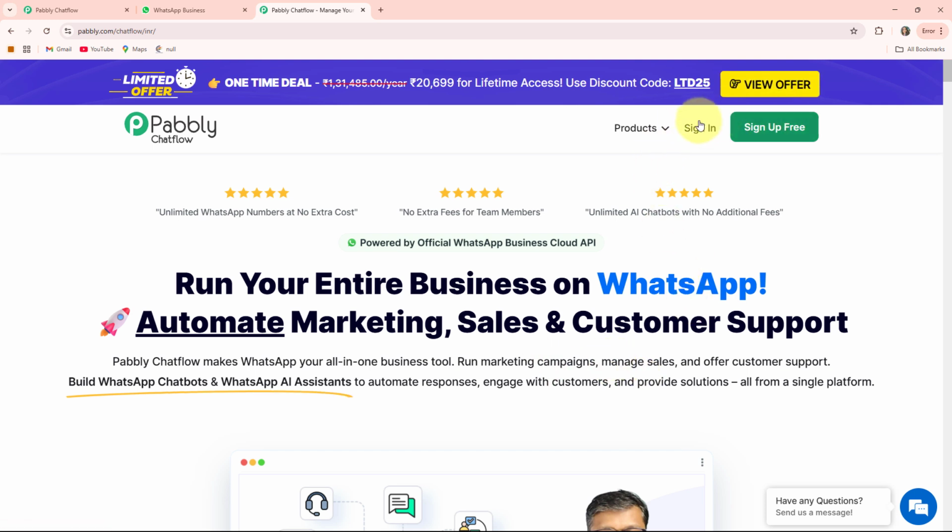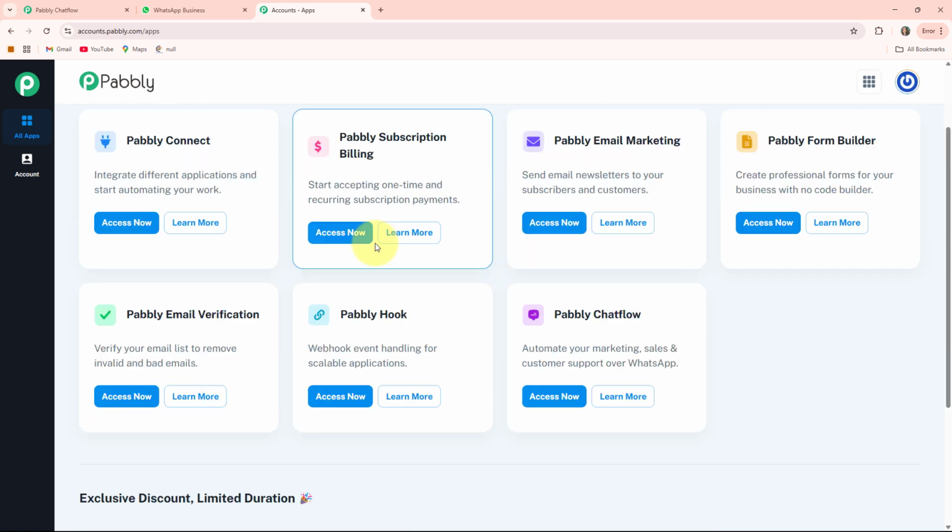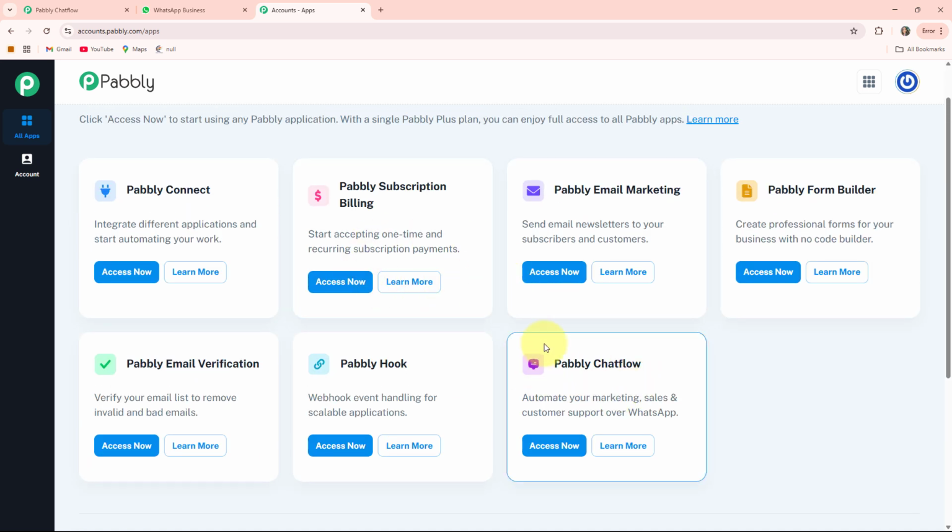Here on the right-hand side, you can see two options: sign in and sign up. If you are a new user, you can click on the sign up option. If you are an existing user, you can click on the sign in option. As I am an existing user, I am clicking on this sign in option. Here you can see all the apps that Pabbly provides to its users. As we are creating a WhatsApp chatbot, we will go into this Pabbly Chatflow box by clicking on the